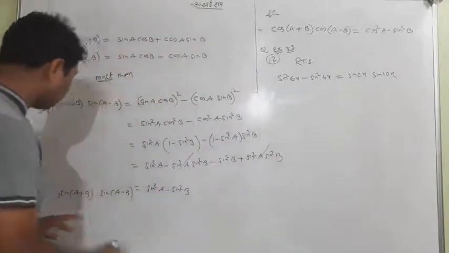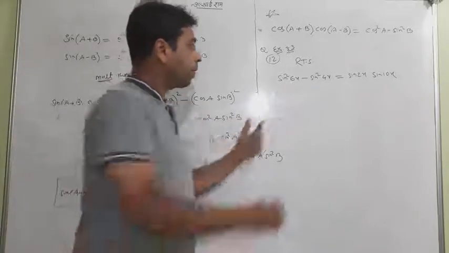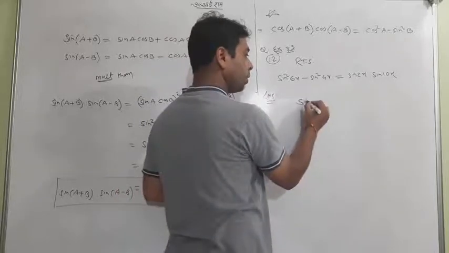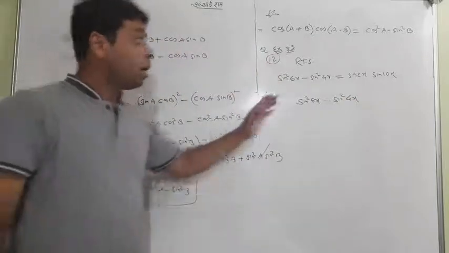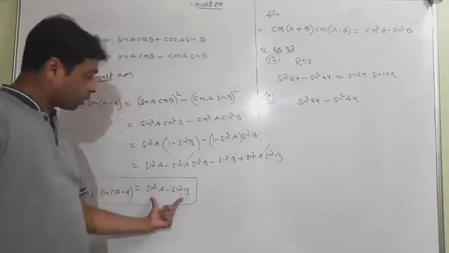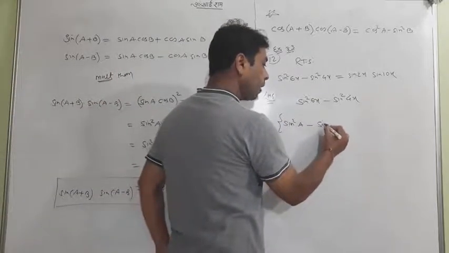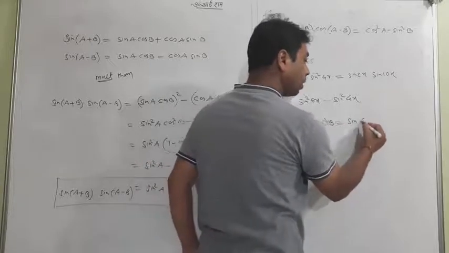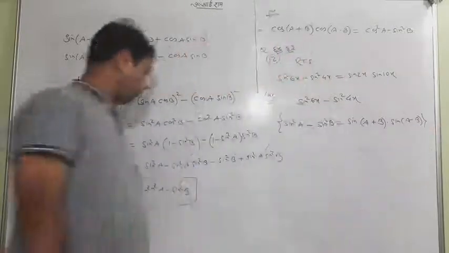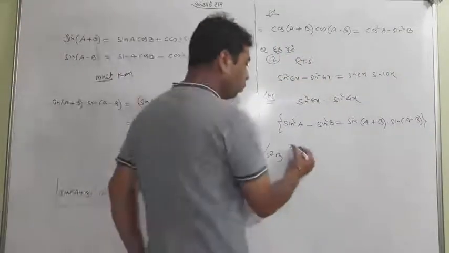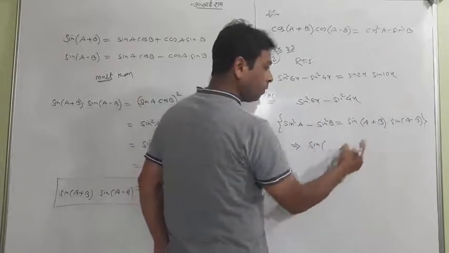Now you have known the formula. Can you see the formula? Can you compare these two terms? If I take the LHS, sin square 6x minus sin square 4x, fortunately the LHS looks very much the same: sin square A minus sin square B. So using the reverse formula, sin square A minus sin square B is none else but sin A plus B into sin A minus B, which is the same as this one. So use it on your own. Sin A plus B into sin A minus B, it is A and it is B, so your answer will be A plus B, meaning